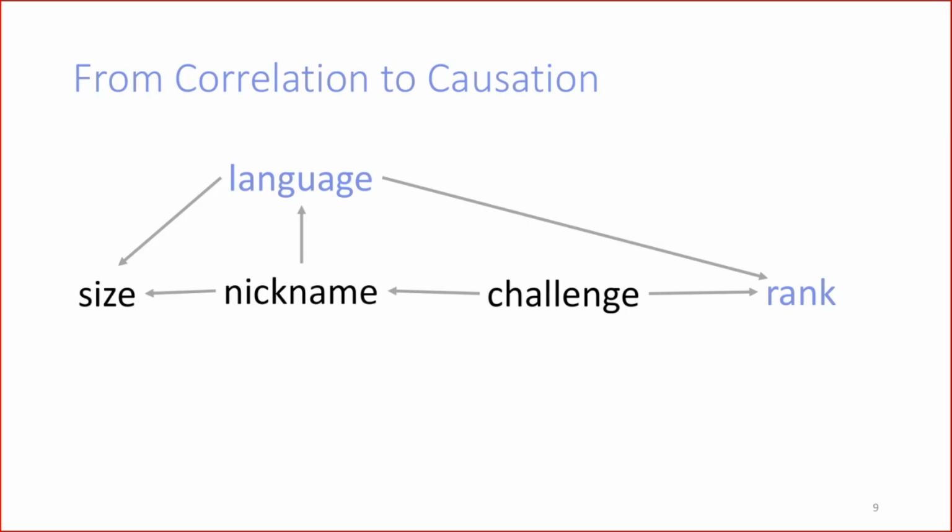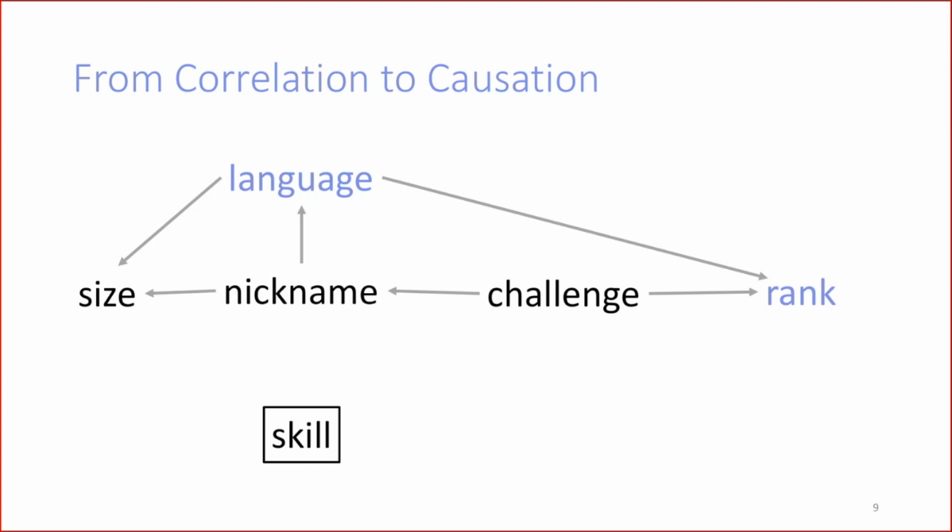The challenge affects both the rank and the nickname. The rank in the sense that there are challenges that are intrinsically harder, and so they might shift their rank. And it also affects the nickname in the sense that a particular programmer may decide whether to participate in a particular competition round according to what the challenge is. So they look at the challenge and say, no, this is horrible. Or maybe, oh yeah, this is great. I'm looking for more like this.